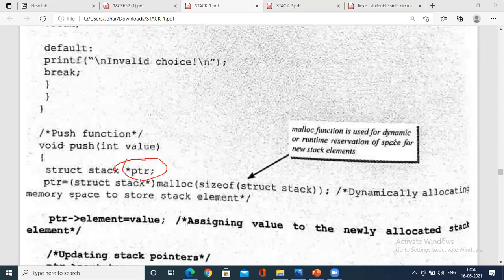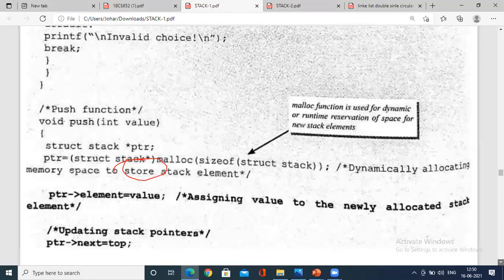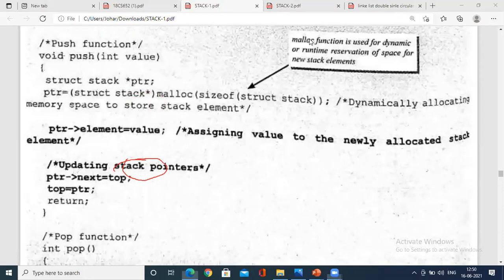What is this pointer? It creates memory dynamically, that is at runtime, for insertion or deletion of the stack element. Here, the major thing you have to analyze is two statements. You have to remember 2 points. Once you create a ptr, you have to store a value into ptr of element.